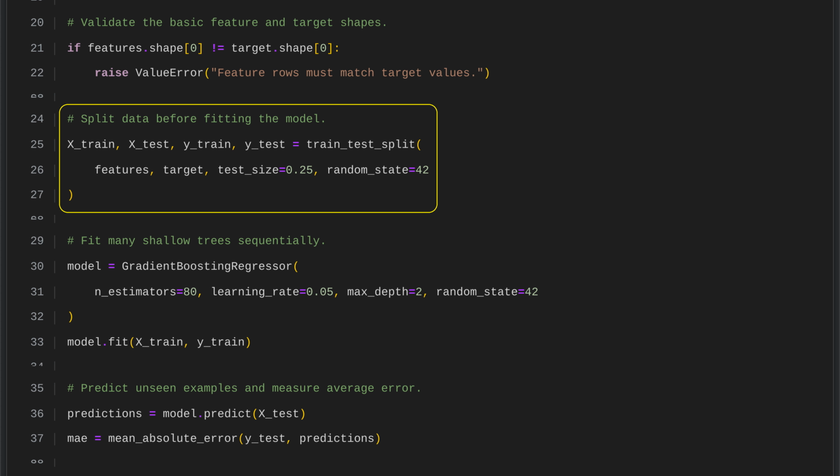We split the dataset into training and testing sets using Scikit-Learn's train_test_split function. 25% of the data is held back for testing, and a fixed random state makes the split reproducible. This lets us train the model on one portion of the data and evaluate it on unseen data, helping check